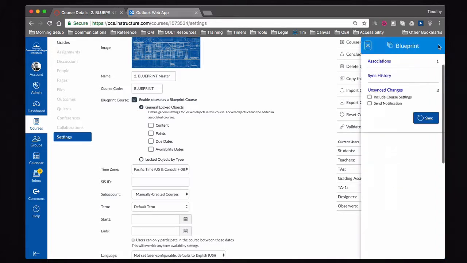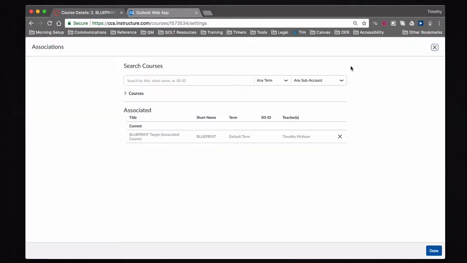So if I click, that little drawer slides out and I can see my associations. So I can see right now that this blueprint course is associated with the blueprint target. And obviously you guys will have multiple targets associated here. So those are your associated courses. This is the courses that are going to receive the changes that are pushed out from the blueprint. I can close that by clicking the X,